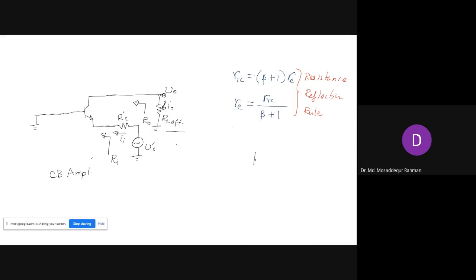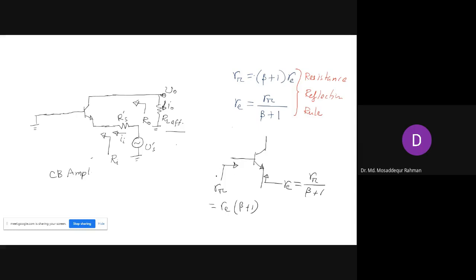If you have the transistor here, and you are looking from the base side, the resistance you see is R pi. If you're looking from the emitter side, the resistance is RE. Now this RE is R pi divided by beta plus 1, and this R pi is RE times beta plus 1. It's called the resistance reflection rule because, if you're looking from the emitter side, the resistance here